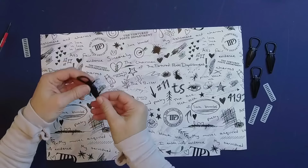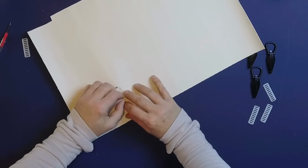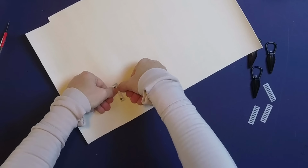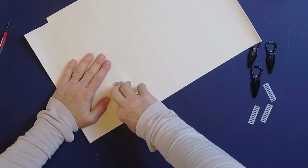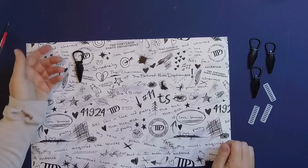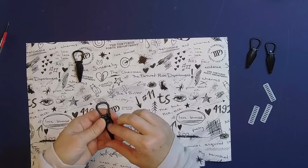Now we're going to take one of the brackets. I'm going to slide it in just like that, flipping it over to the back side. I'm going to take this little bracket here, slide it over the top, and then push the prongs towards the center. Okay, just like that. So that is how quick and easy it is to install this type of bag hardware. So now I'm going to do the same thing to the other side,